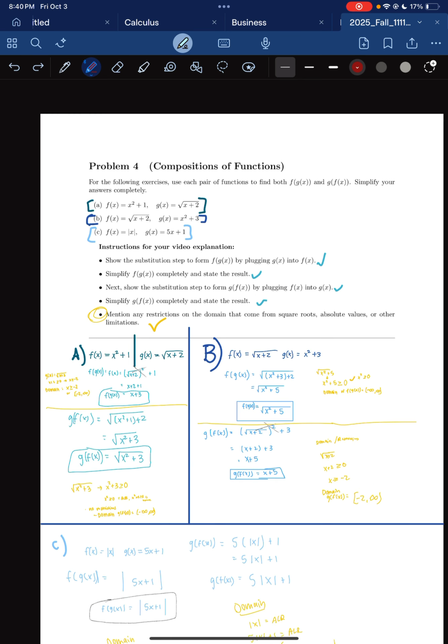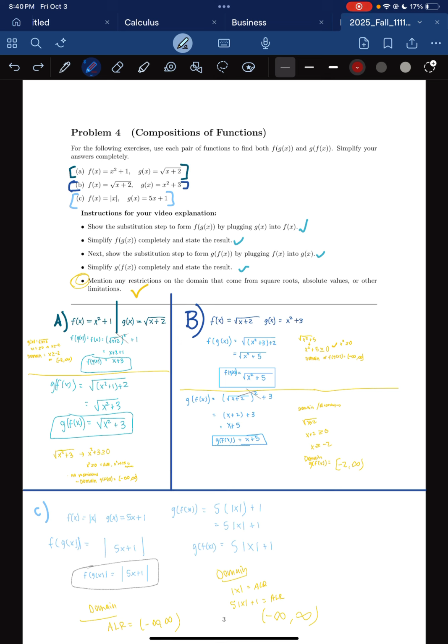All right. Problem number 4, compositions of functions, like f of g of x and g of f of x. Then we have to simplify. So first, I have to show the substitution step to form f of g of x. So we want to find that. How can we do it? Well, we can start by plugging in g of x